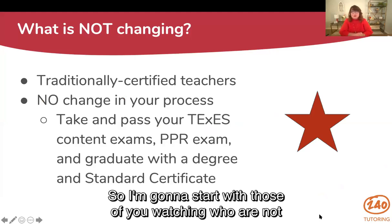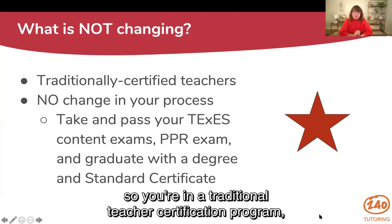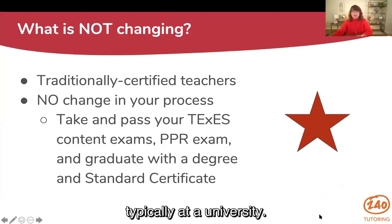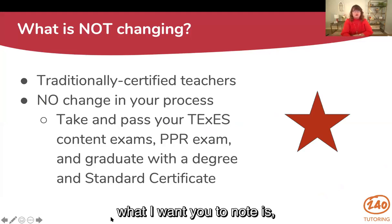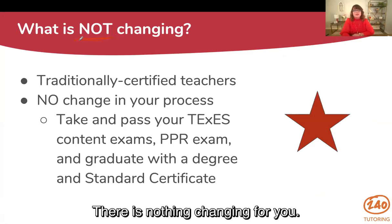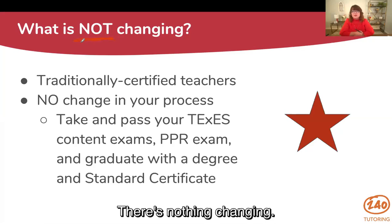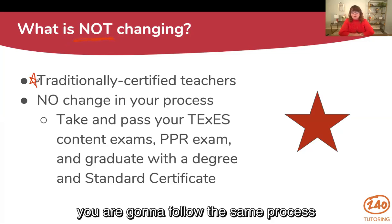So I'm going to start with those of you watching who are not in an alternative certification program. So you're in a traditional teacher certification program, typically at a university. If you are one of those people, what I want you to note is there is nothing changing for you. There's nothing changing. So if you are in a traditional certification program, you are going to follow the same process